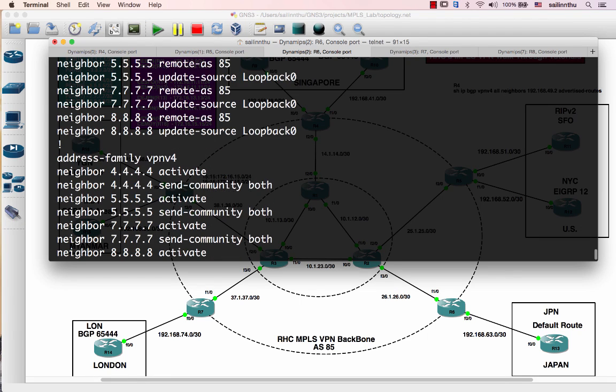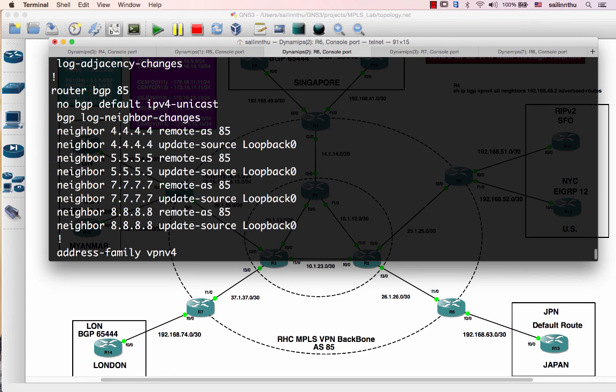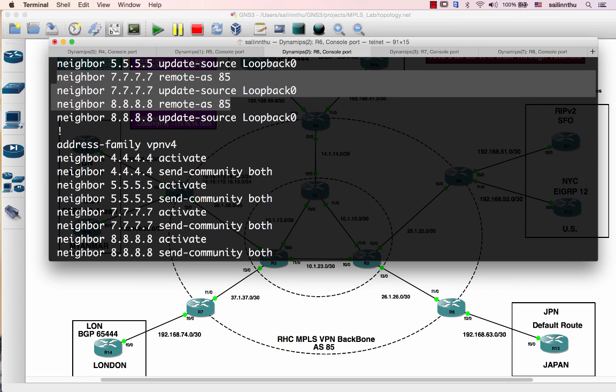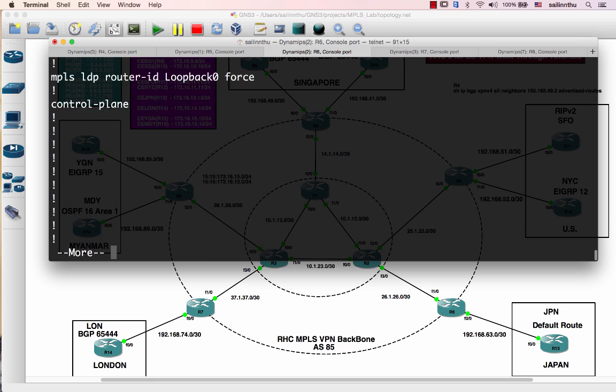So here we have, with router 7, MPBGP is already done. Okay,